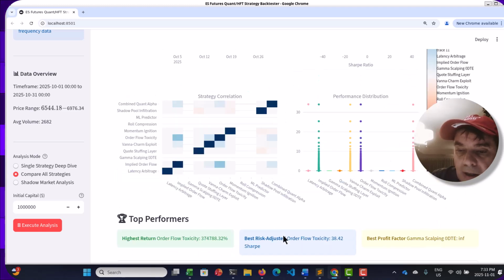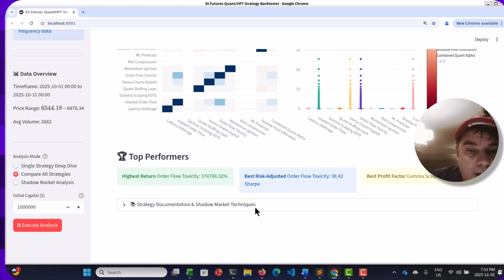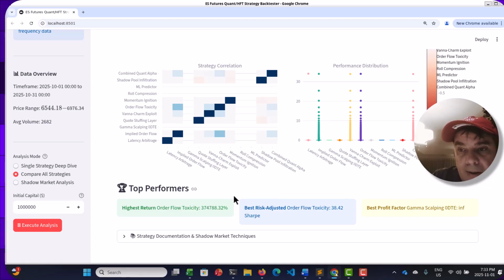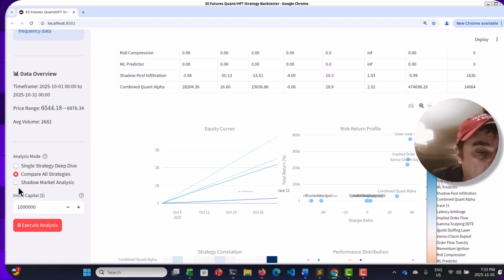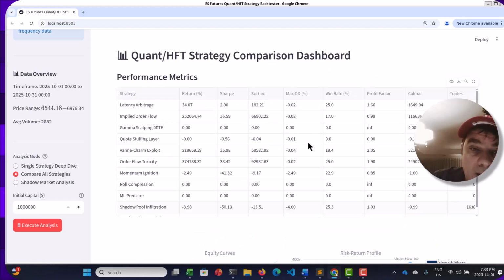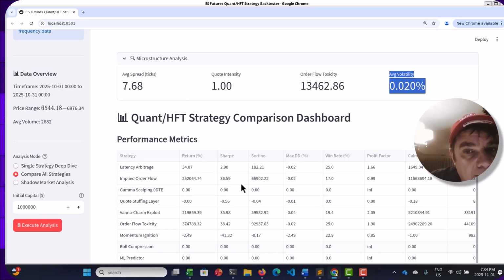The correlation among all the strategies, and there's a lot here. Okay, I'm not going to go into the details of it, and this is not including the shadow market analysis as well. So this is somewhat we might be able to get off of your price. Maybe we may not need third-party data feeds from, let's say, the CME. I can't remember. I don't know them all. Some of them could be hallucinated.